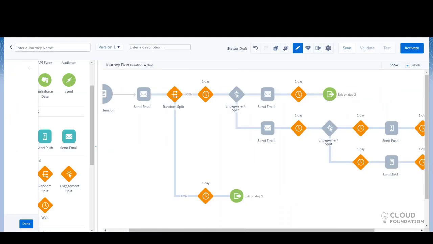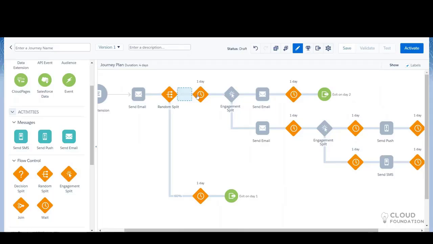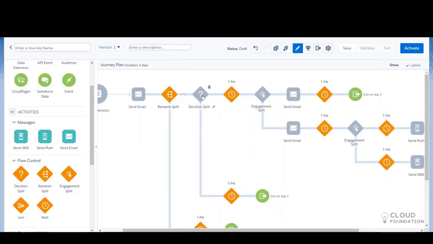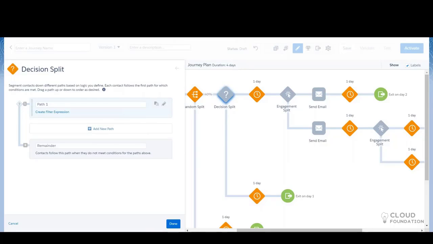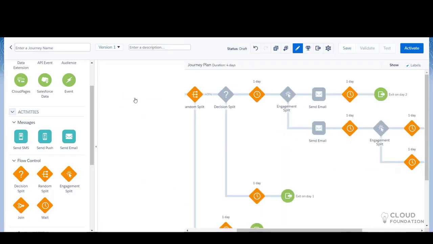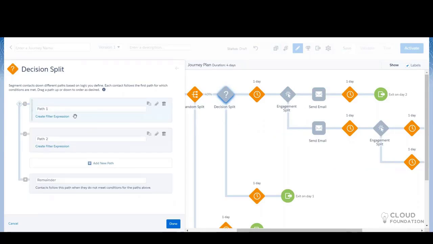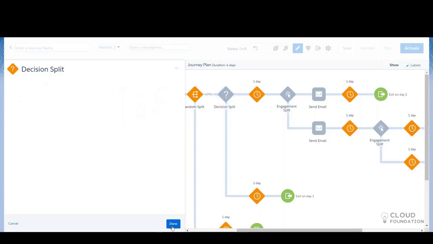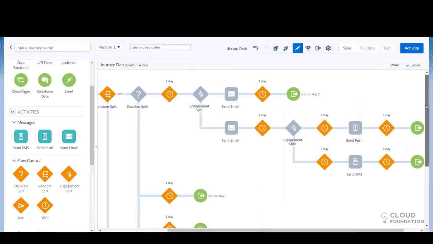Okay. And we have the decision split. In the decision split, let's say you have different brands. Your company is a multinational company, and you have customers in India and customers in the UK.